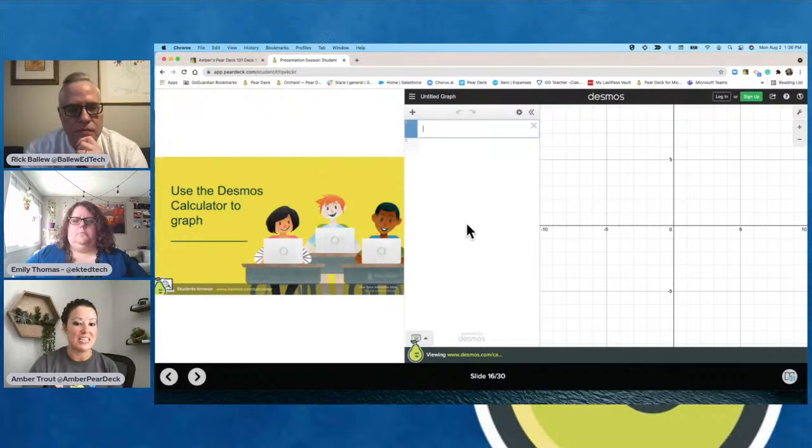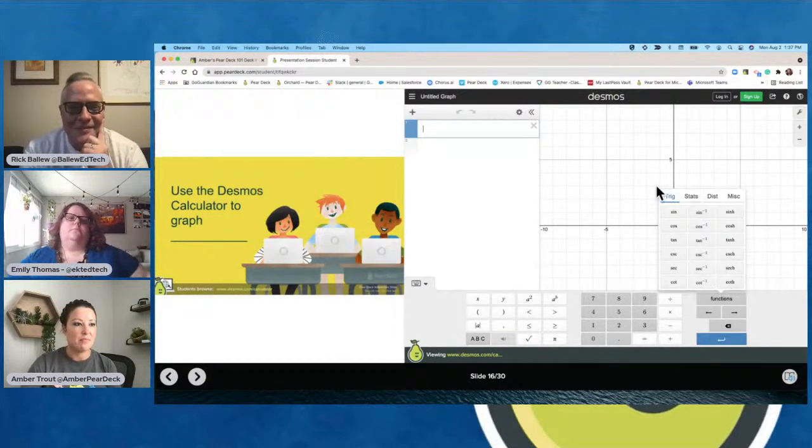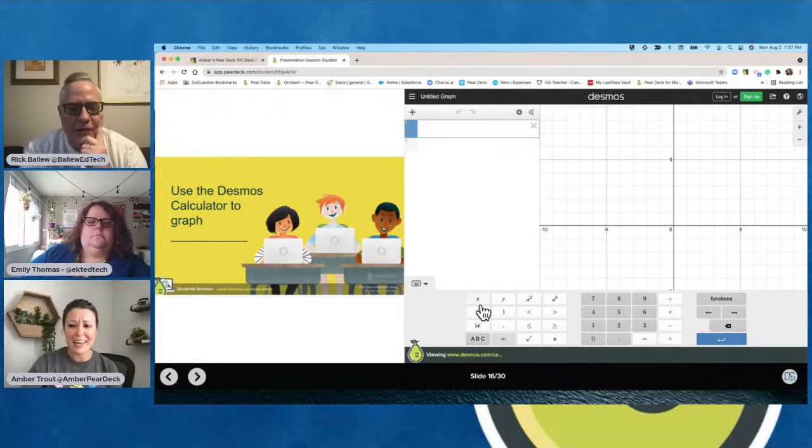Also I wanted to point out, this is like a website slide basically. And this is a Desmos calculator collaboration. So those of you that are math teachers or working with functions and things, you're going to be able to do that with the Desmos calculator collaboration. And I think, Mel, are you in math? I feel like you could utilize this tool because you can add all these different functions and math.